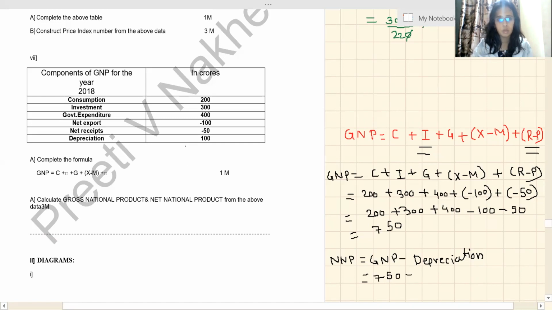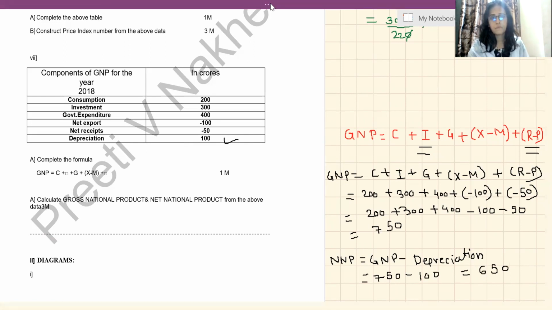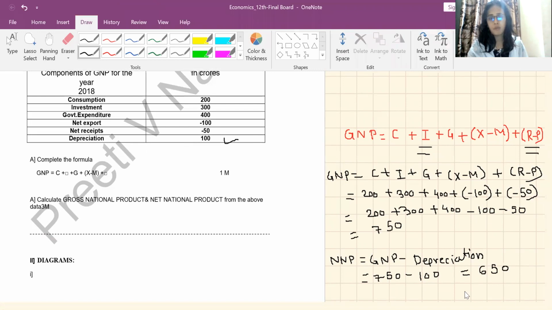Depreciation they have given in this figure as 100. So from the table, I will write 100. So 750 minus 100 is nothing but 650. With this we have finished